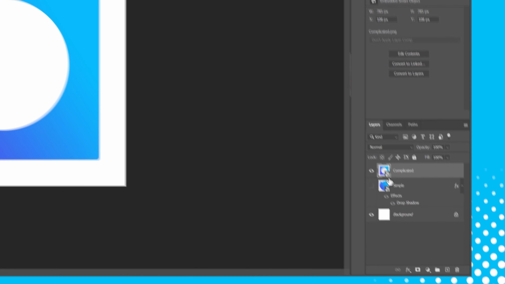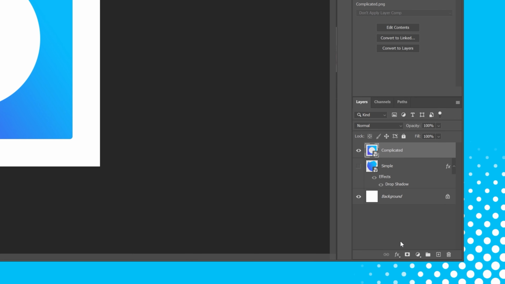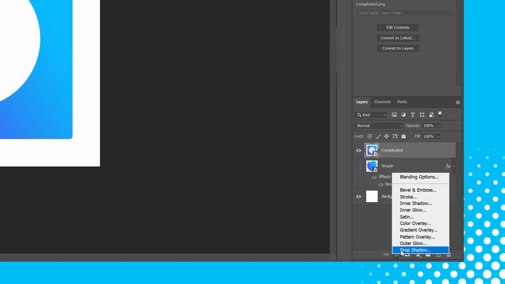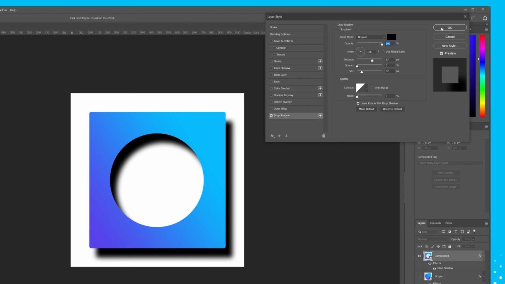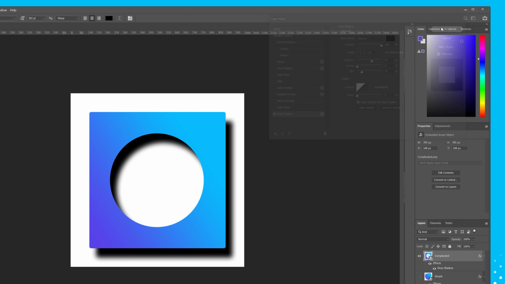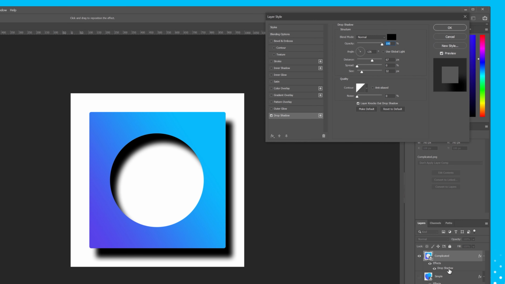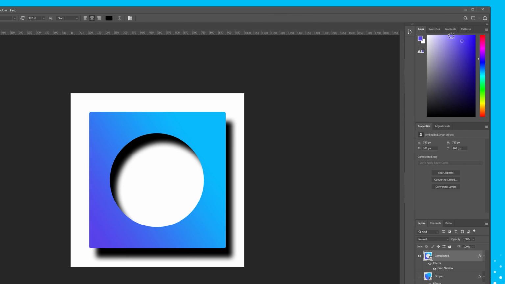If I drag in a transparent object with a more complicated shape and add a drop shadow, only the opaque part of the image will cast the shadow. We'll take a look at adjusting this one. Incidentally, if you're using Photoshop with smart objects, don't worry if you press OK without finishing your changes. Go back to your layers and double-click on where it says Drop Shadow, and you'll get your drop shadow's layer style window back. I'm going to add a background texture to the composition so we can see the effect of the shadow.